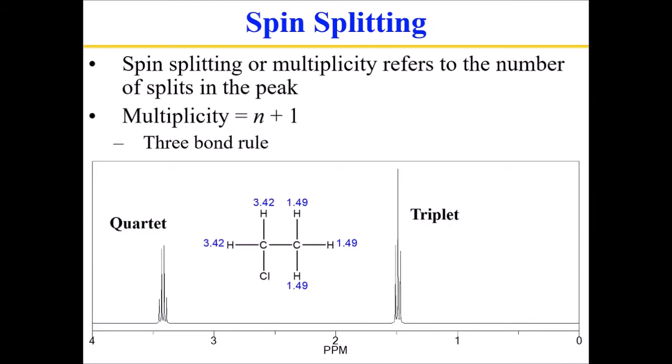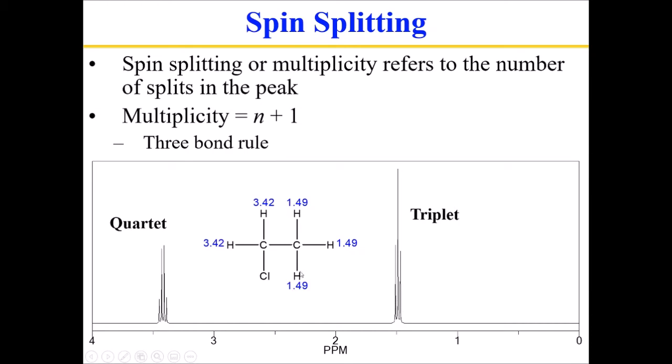In addition to integration and shift values and number of unique hydrogens, we also deal with splitting. So this is ethyl chloride. We've actually looked at this example before. The 2 hydrogens that are on this methylene carbon are the most deshielded because they're closest to chlorine. So we see them on the leftmost position of our NMR spectrum. The methyl group is more shielded, so it's closer to the TMS peak. These 3 hydrogens, 1, 2, 3, are all equivalent, so all 3 of those go into making up this peak,